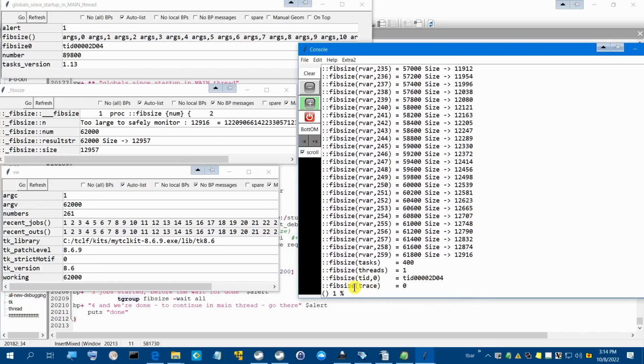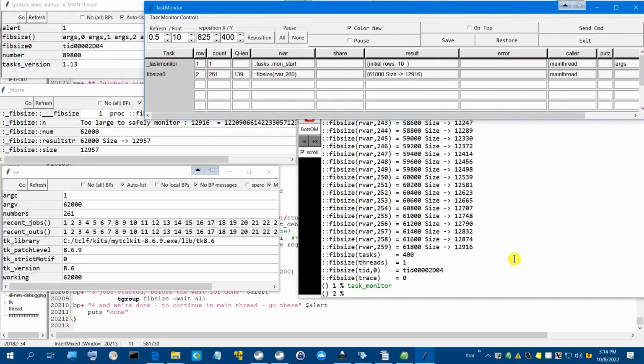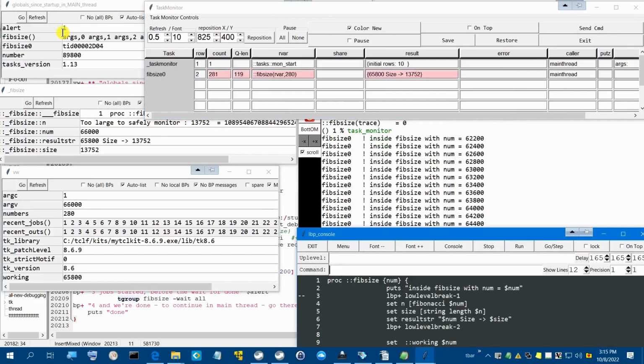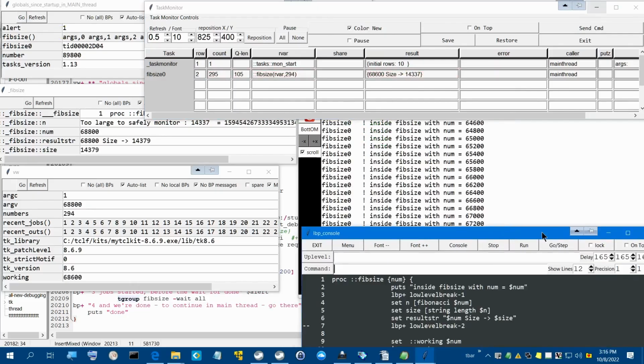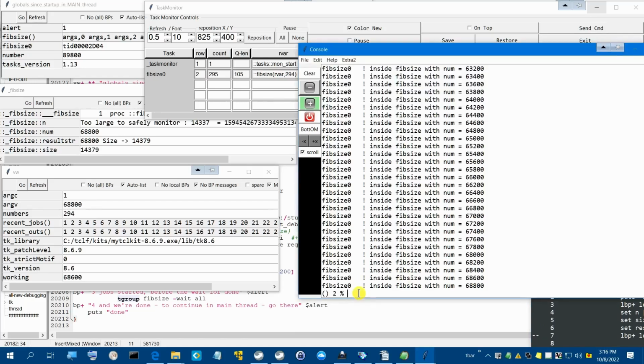And there's one thing we can do now to take a look. If we run the task monitor, we can get a better picture of what's going on here. Okay, I've stopped this. Incidentally, there's a new command in the T group set for fib size